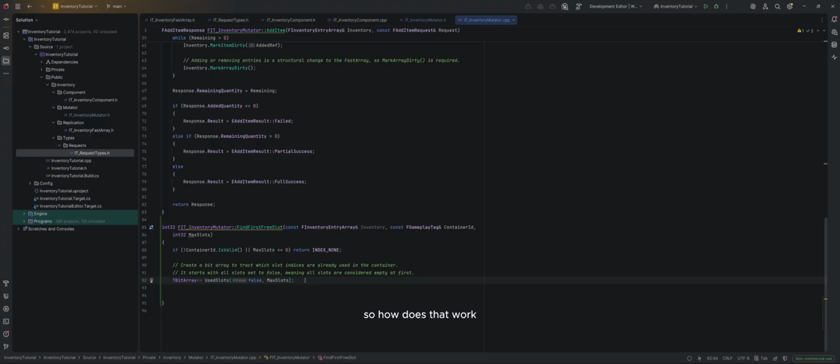So how does that work? We are going to create a number of use slot entries for this array equal to the number of max slots that we have. So if the inventory has 100 slots, we are going to create 100 of these that will contain a bool that says true or false. If the inventory has 50 slots, then we'll make 50 of them. If it has 10, we'll make 10 of them. That's what this is doing, and we are setting everything by default to false. And false will mean that the